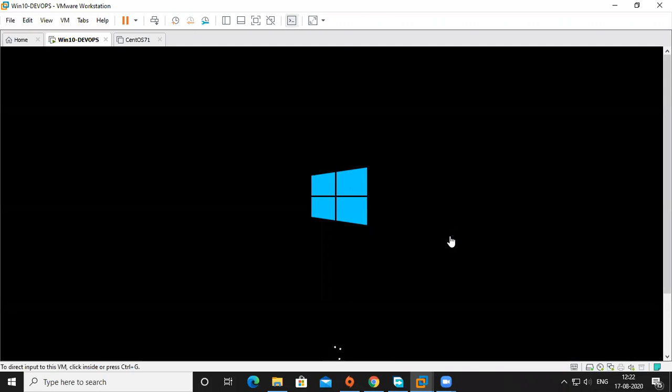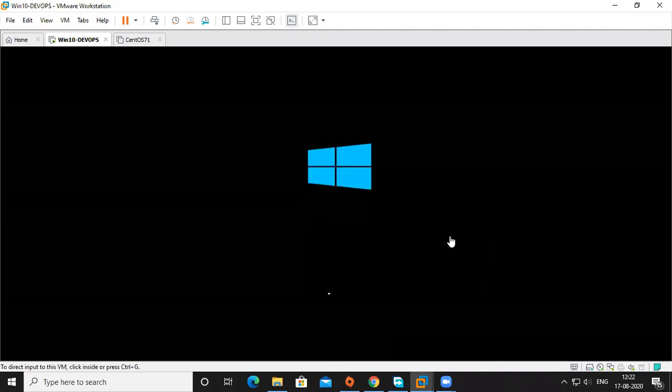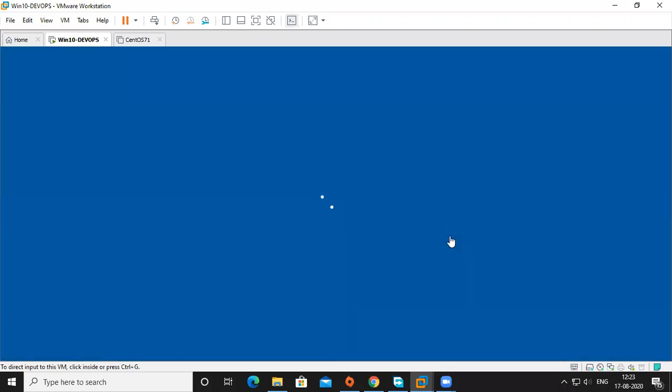And I prepared this machine. Prepared means I installed the operating system and VMware tools, and I installed Java also. Okay, so I will show you how to check the Java thing.